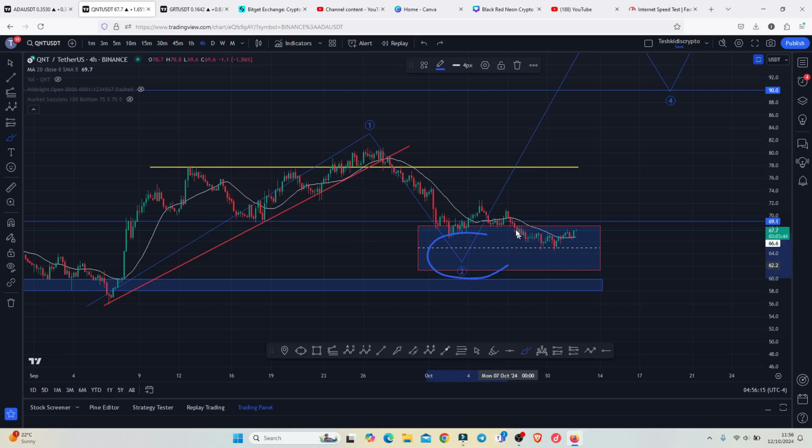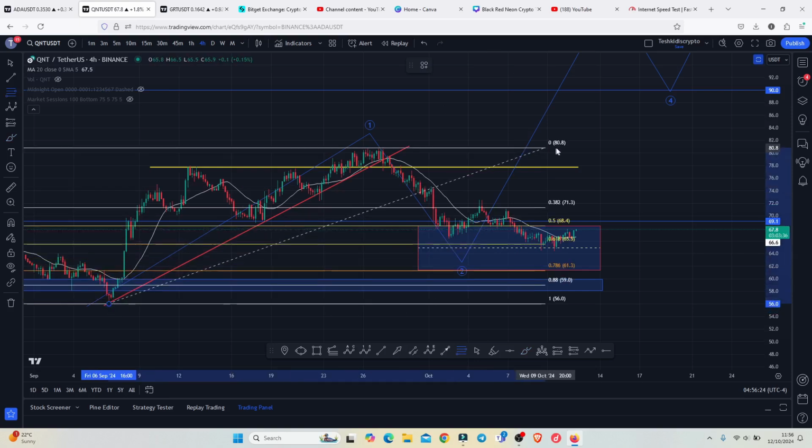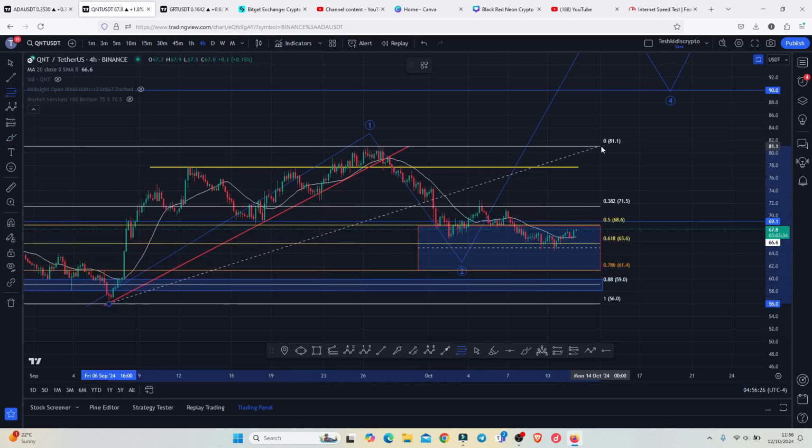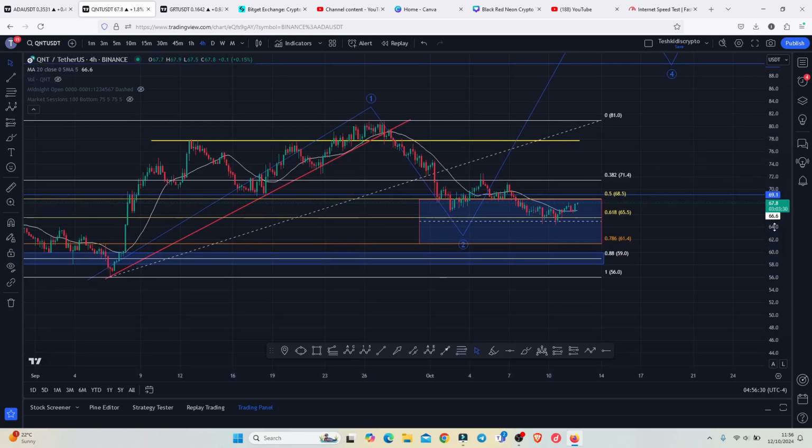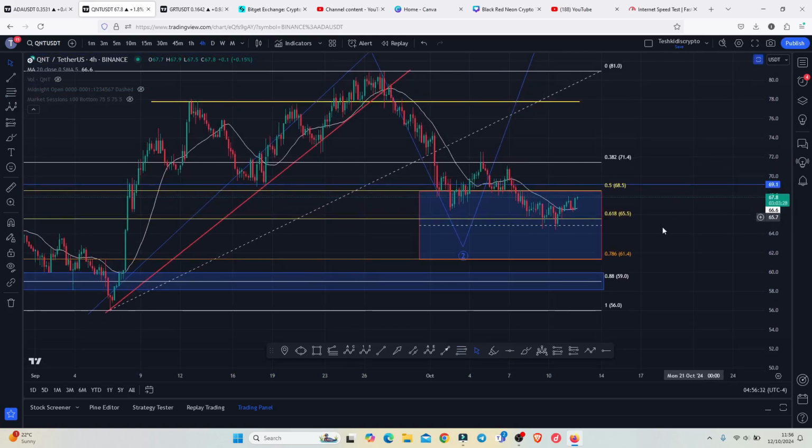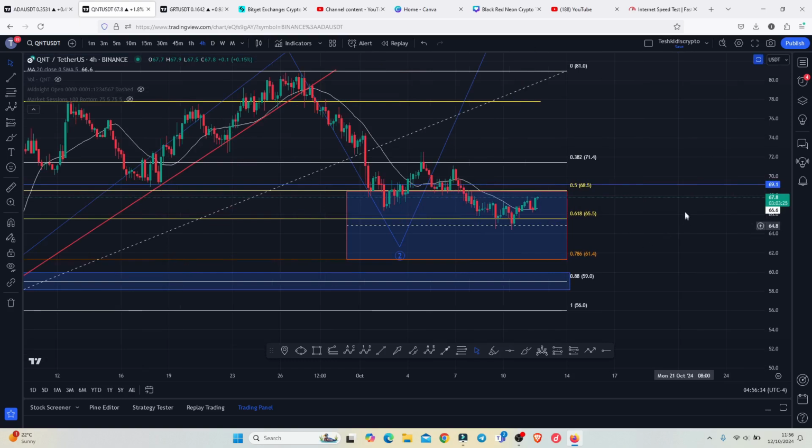in what I have been terming as a corrective structure in this Elliot count 2, whose minimum target areas are given by connecting the Fibonacci's from the low of the first wave to the high of this Elliot count 1, giving me a minimum pullback target area between the fib level 0.5 and the fib level 0.78, and that is between the $65.68.5 and the $61.4, the area that I have marked here on the chart, which is an area that we are yet to fully maximize,